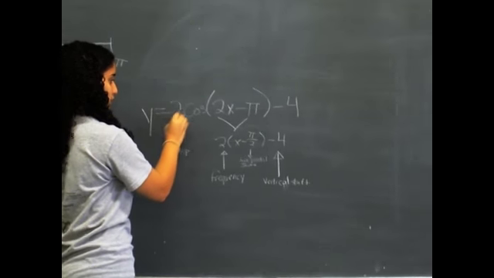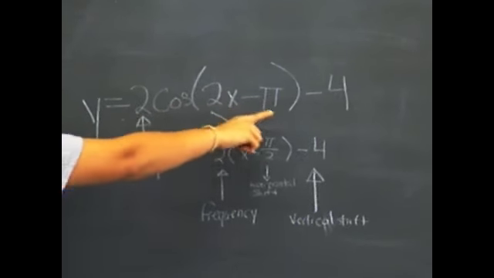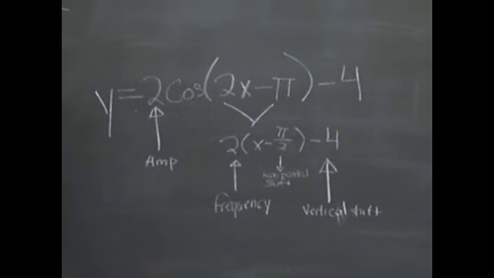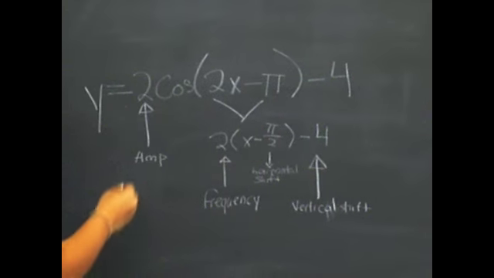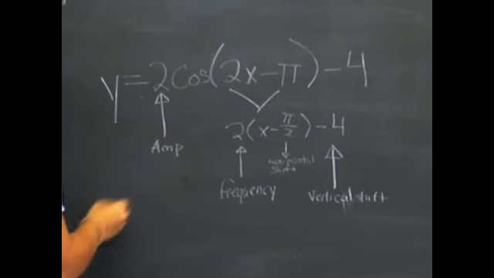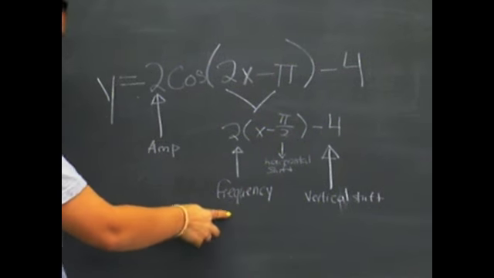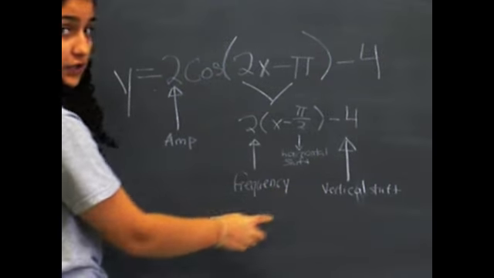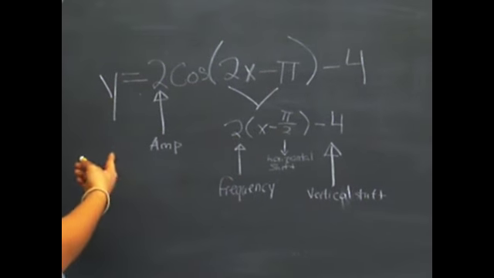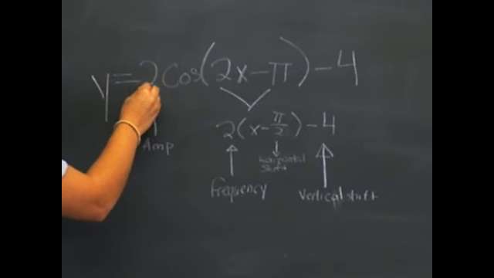Let's graph the equation y equals 2 cosine (2x minus pi) minus 4. In this equation, you have an amplitude, a frequency, a horizontal shift, and a vertical shift. Your amplitude is 2, meaning you'll be 2 above your starting point and 2 below your starting